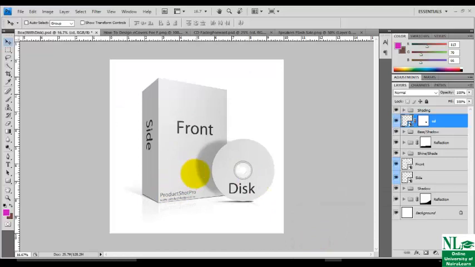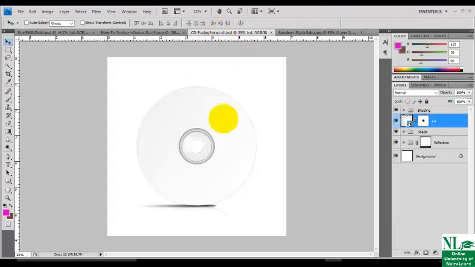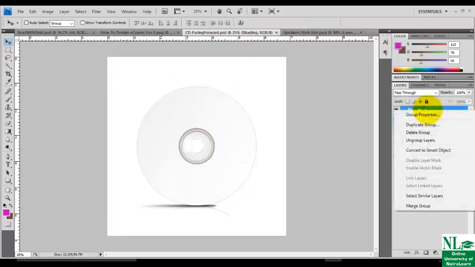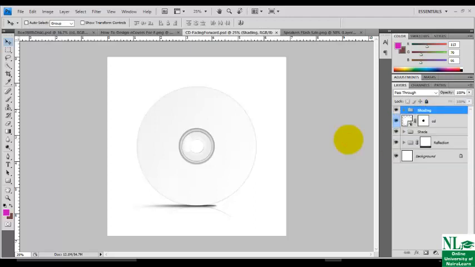So back again to Photoshop. I want to work on this box with DVD. As I told you earlier, when you bring it in, like, let me go back to this CD. When you bring it in, some will be in a folder. All you need to do is go to that folder, like this shade folder, then right click, then click on what? On group layers, in order to get access to the items, the layers in that folder.